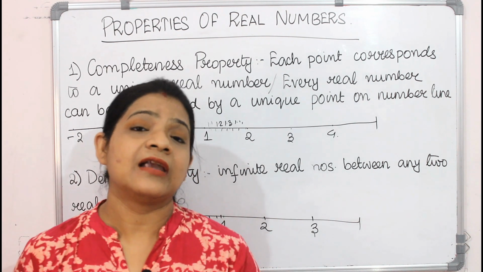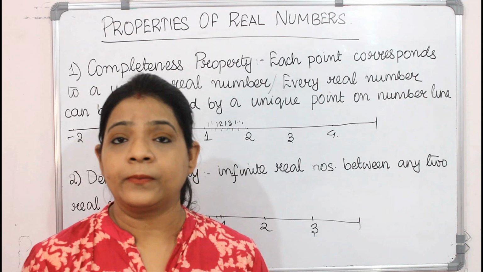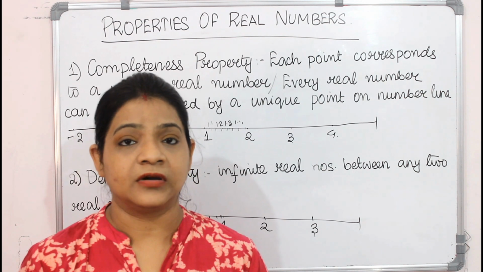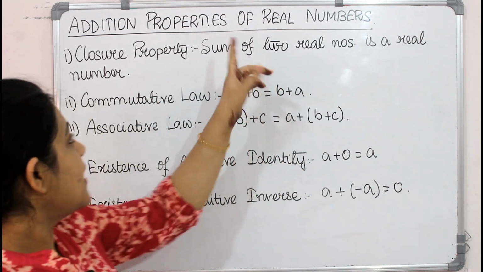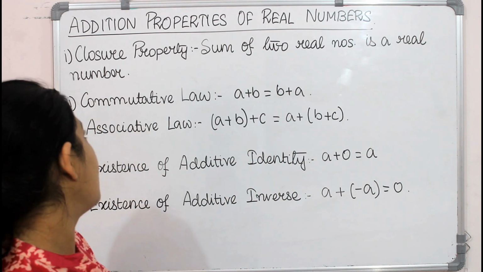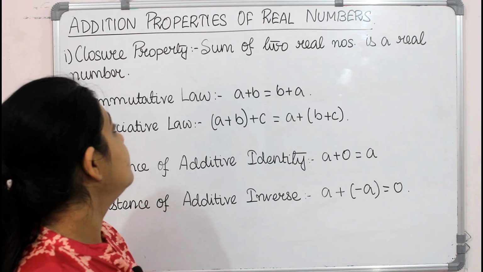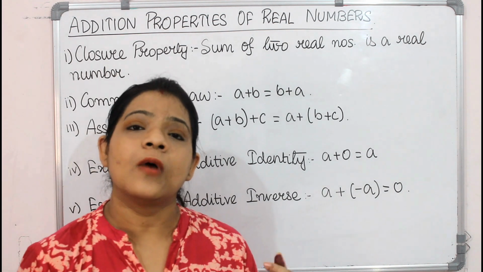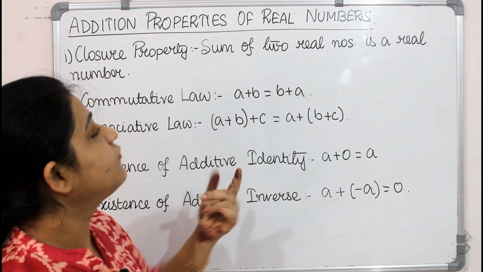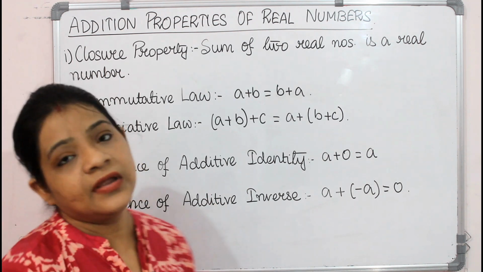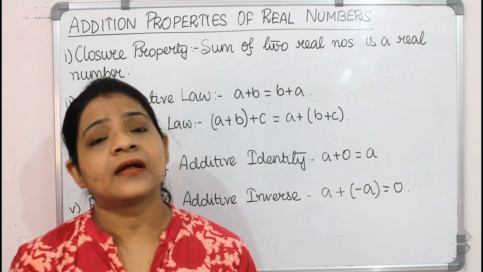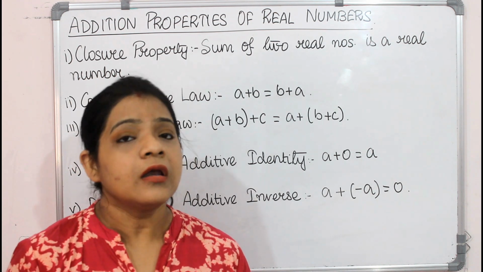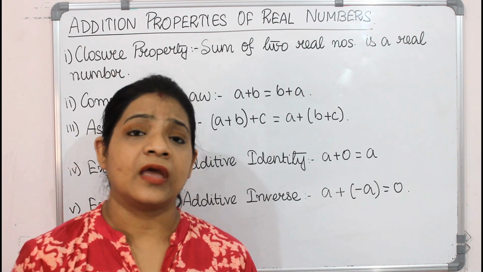So after that let's go to the additive property and multiplicative property of real numbers. These are the additive properties of real numbers. So first property is closure property. So what is given here? Sum of two real numbers is a real number. That is, when you add any two real numbers, irrespective of rational or irrational, it will give you a real